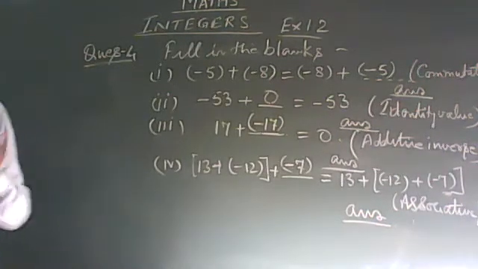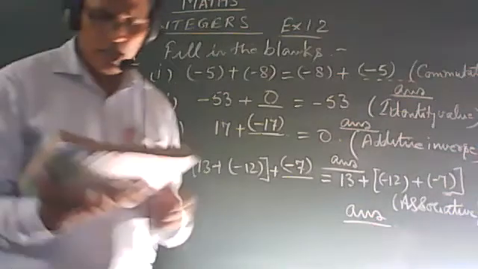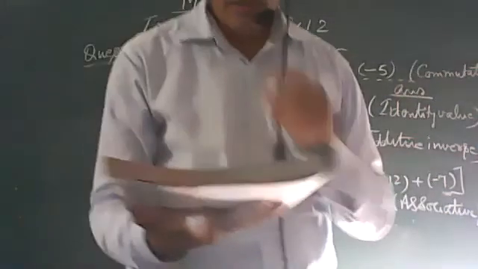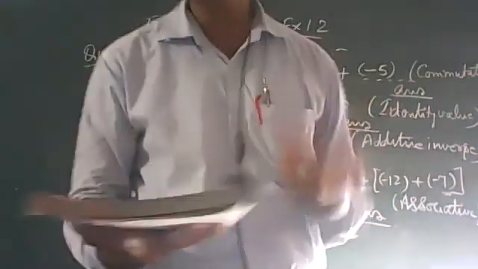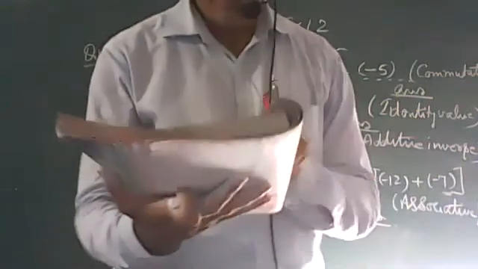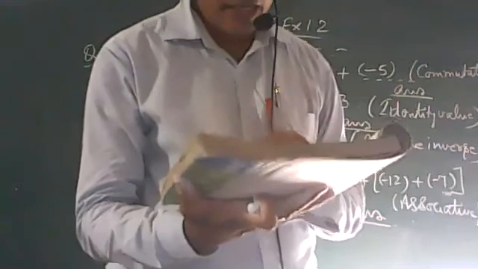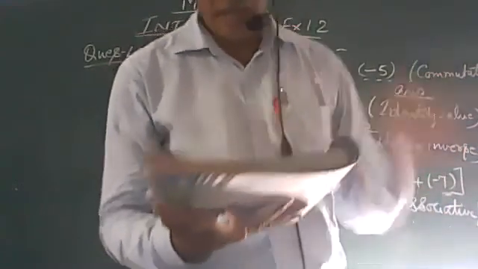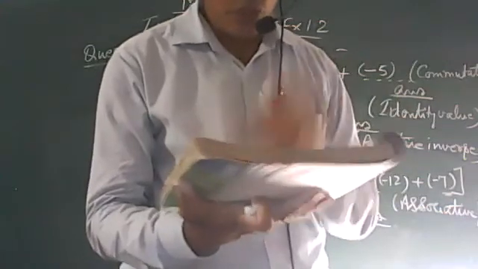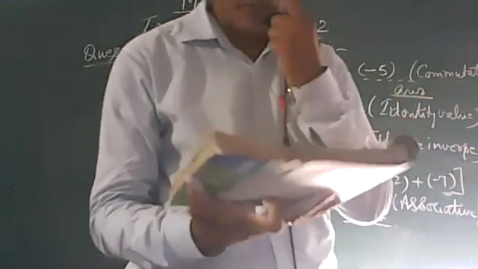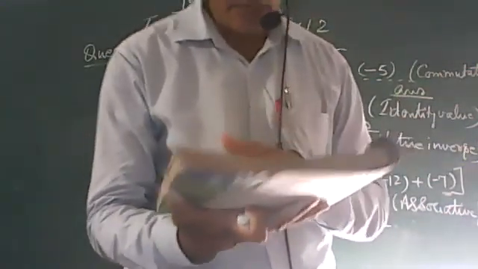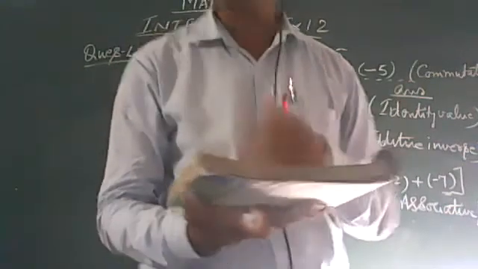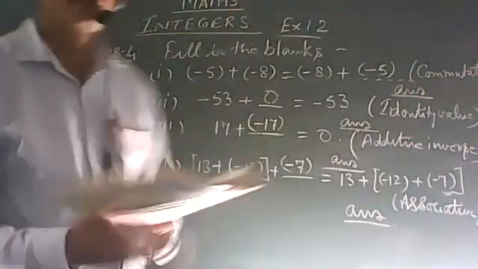Fifth, this is also the associative property. And in the fifth part, three numbers are also given. In the first part, we add the second and third place numbers, then add the first place number. If it is equal, first we add the first and second place numbers, and then add the third place number, and the third place number is minus 3. Our answer is minus 3.